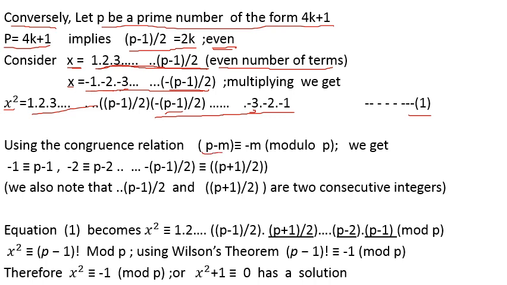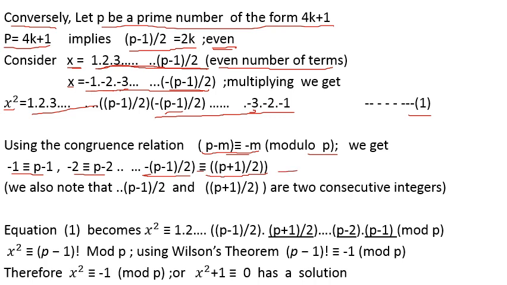We have a simple congruence relation: P minus m is congruent to minus m modulo P. Please check this by taking the difference of these two numbers. The difference is P, divisible by P. So the result holds, and this is true for any m. When m is 1, you will get like this. When m is 2, you will get like this. Likewise, all the negative numbers in the above product are converted to positive numbers under congruence